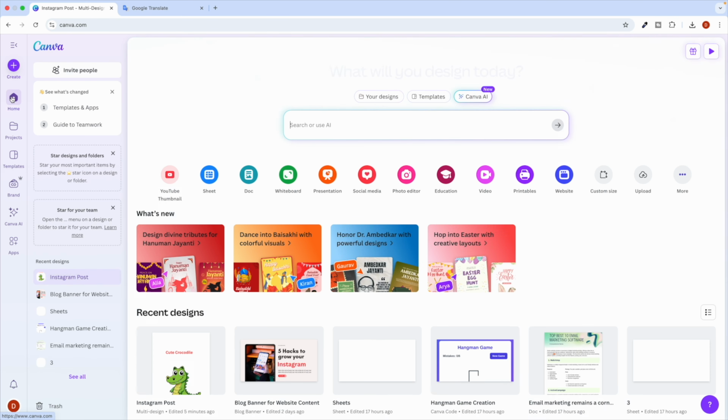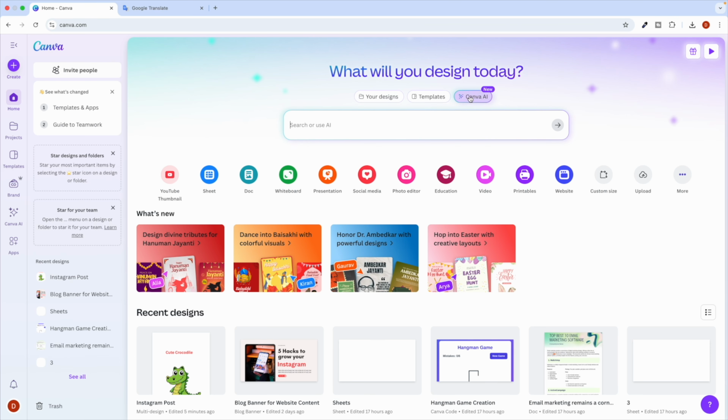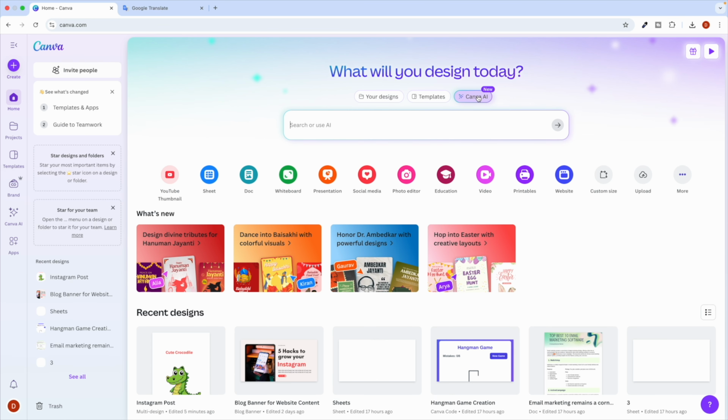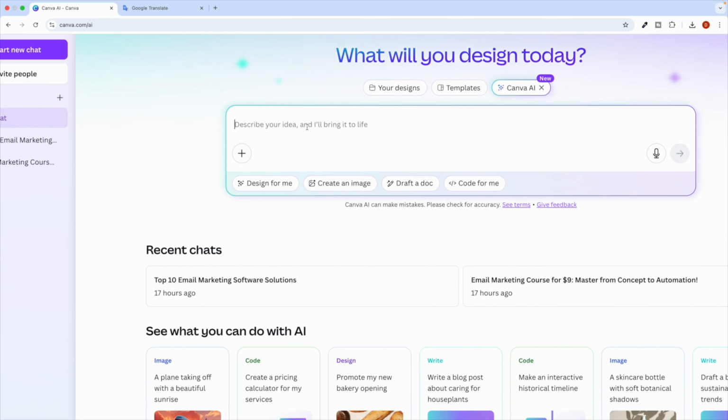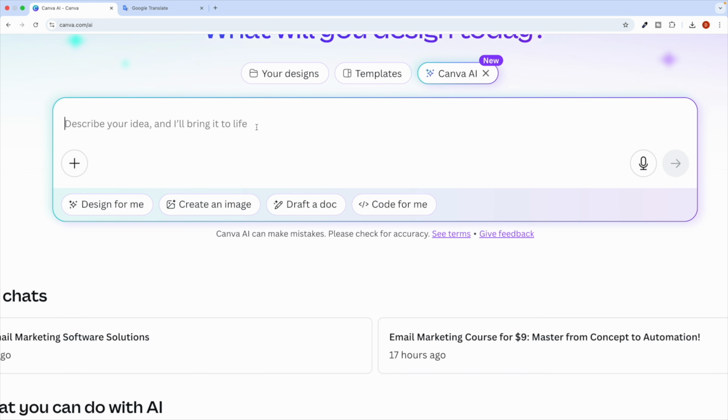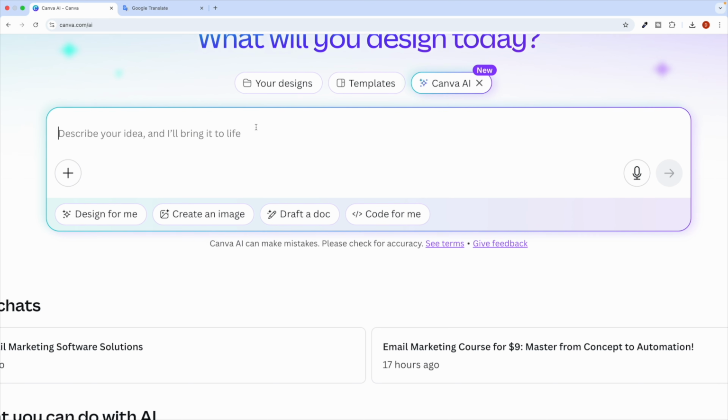Let's just go back and let me show you something. For example, you can go to Canva AI from here as well. You can see at the top Canva AI, or even from the home you can see this Canva AI. Now you can search something or write something. For example, you can say